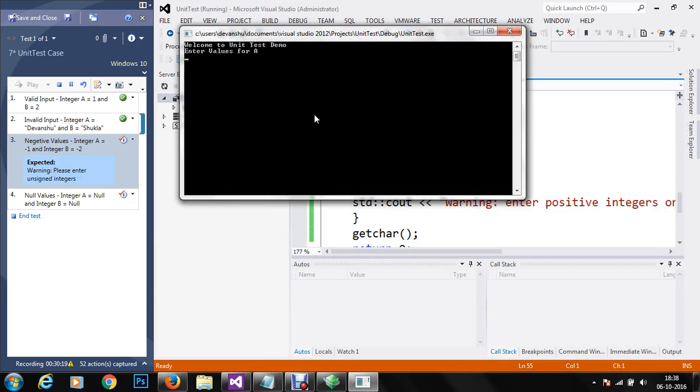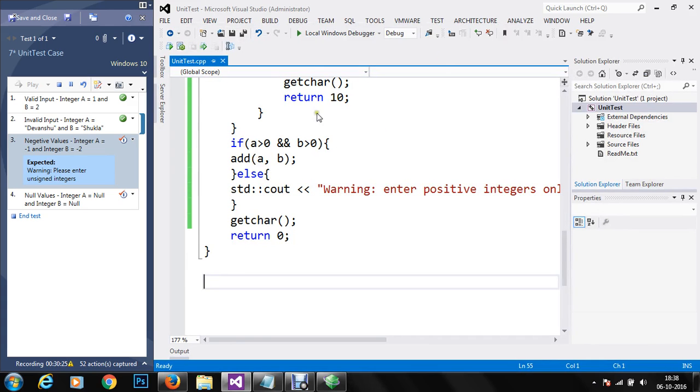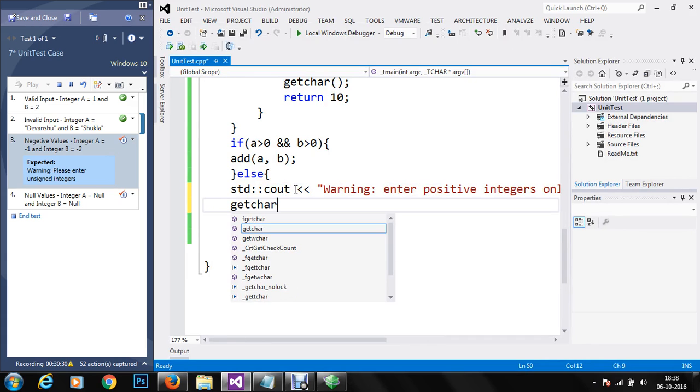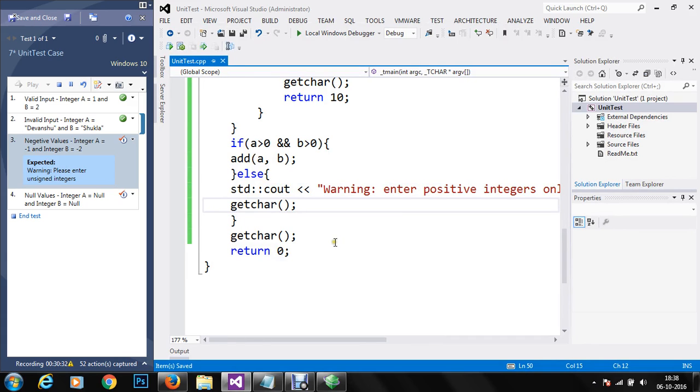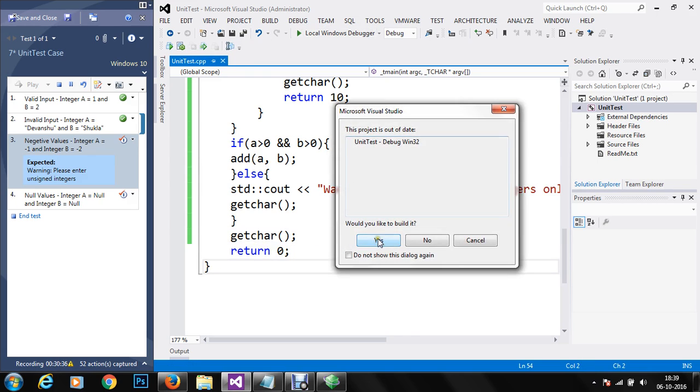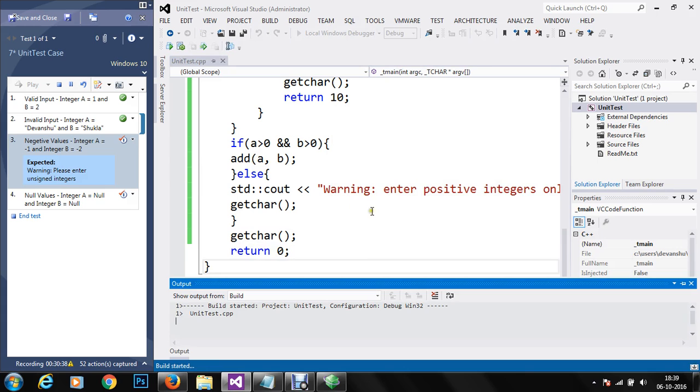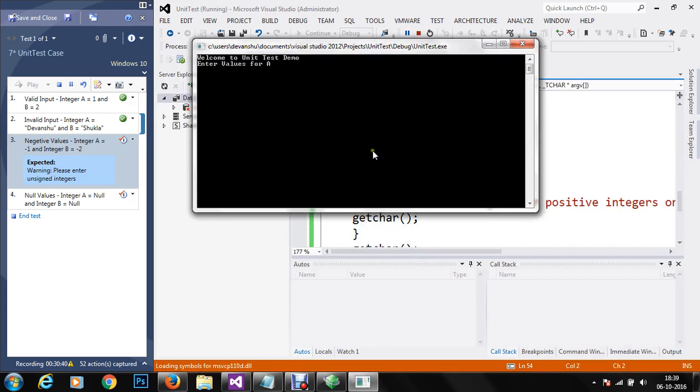So let's say if I provide -1 and -2, we get a warning message, something like that. Before this, let me just use a get character again before it gets terminated. So I'll do something like -10, 20. Now this time we'll get the warning, enter positive integers only.